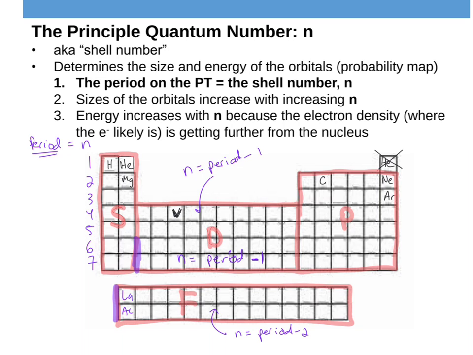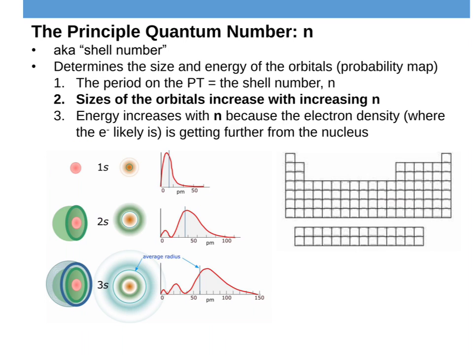And again, if this still seems like, what on earth are you talking about? That's okay. We're going to come back in the next video and talk about S, D, P, and F blocks. But I wanted you to see on the periodic table that we can get the principal number by looking at the periodic table for any given element. And again, we'll practice this more in the future. Now, with that increasing principal quantum number, again 1, 2, 3, 4, 5, 6, and 7, as you go down the periodic table, those orbitals get bigger. So orbitals increase in size.